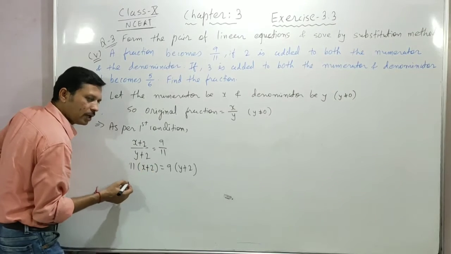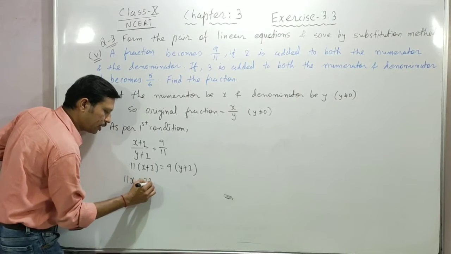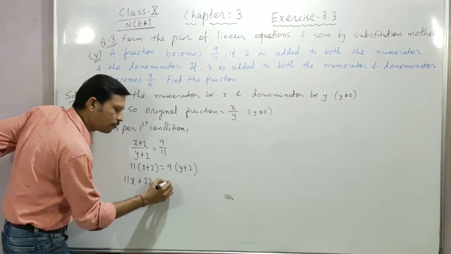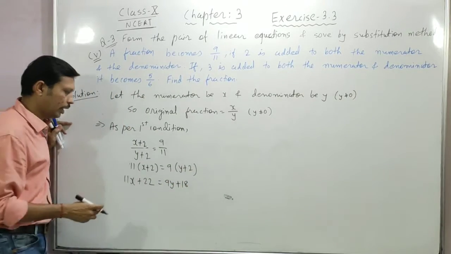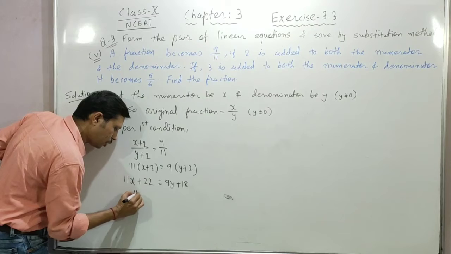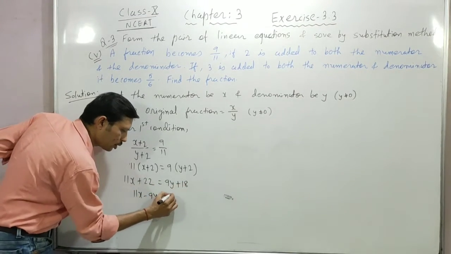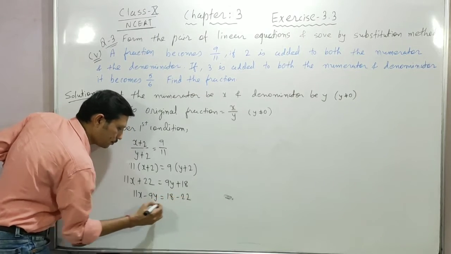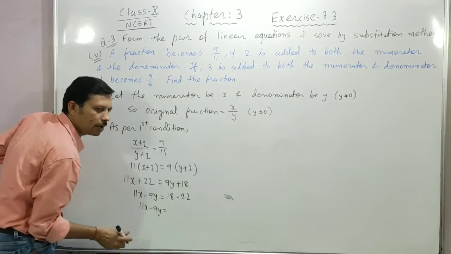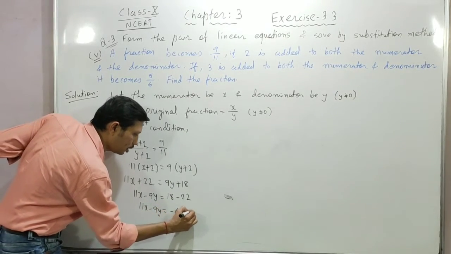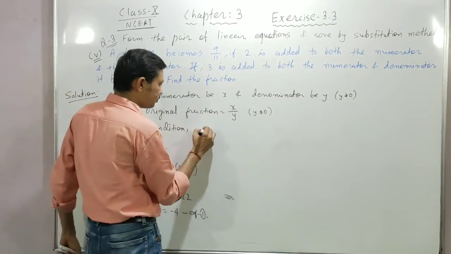Okay, now I will multiply 11 here. So it will be 11x and 11 multiplied by 2 will be 22. Here 9 multiply with y, 9y, 9 2s are 18. Clear? And now 9y we will shift here. So 11x minus 9y, that is equal to 18, 22 will shift there. So 18 minus what? 22. So 11x minus 9y, that is equal to 18 and minus 22, that subtraction is minus 4. That's our equation number 1. Clear?